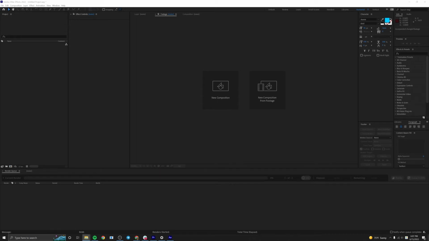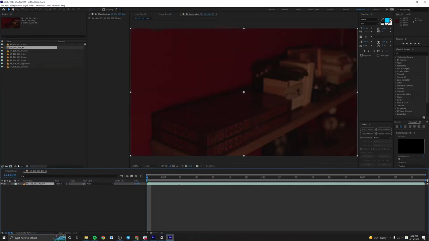Hey team, this is a Mocha tutorial. I'm going to be doing it on Keisha's shot number 3. You've got a bunch of plates here, and we're going to stack all these on top of each other. I'm going to start with the background plate, because this is the background, and then on top of it